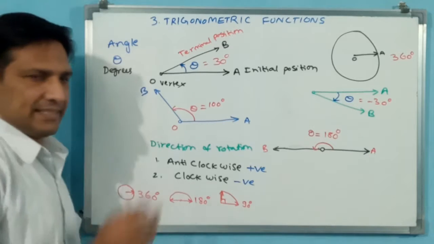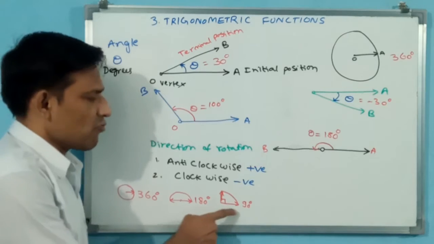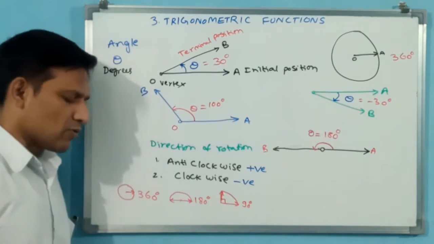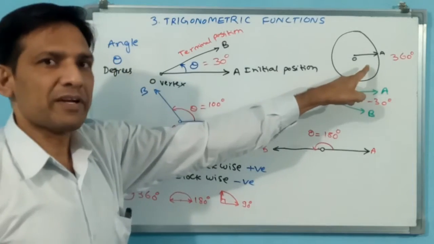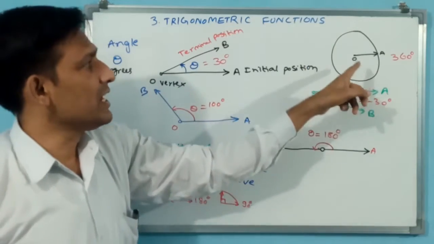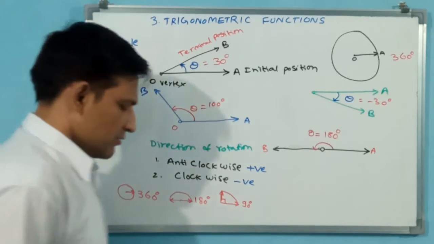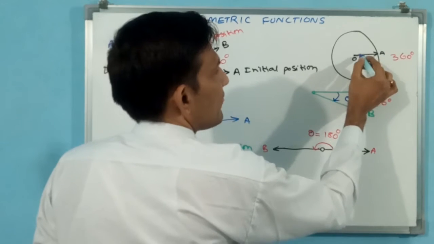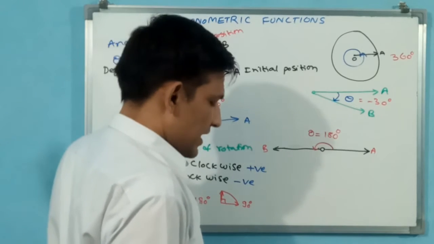Like that we can analyze. Complete circle is 360 degrees, half circle is 180 degrees, quarter circle is 90 degrees. In between, several degrees are there. But what you have to understand is, one complete revolution, if it comes from starting position to starting position, whether it may be anti-clockwise or clockwise. Anti-clockwise means positive 360, clockwise means negative 360 degrees will come. Okay. Now this you may call, see, depends on direction. You see here, if it is in this case, then this is 360 degrees. Okay. Now I am using the red marker again.